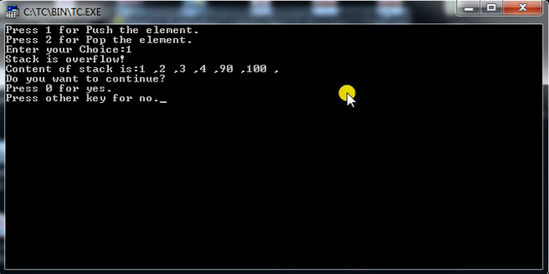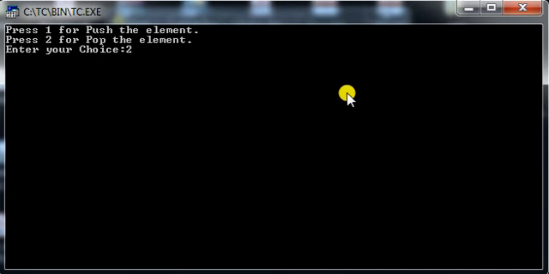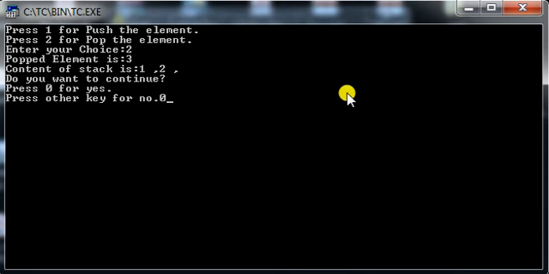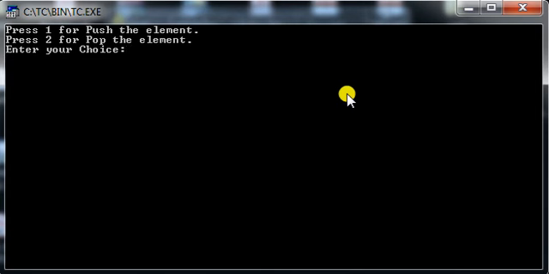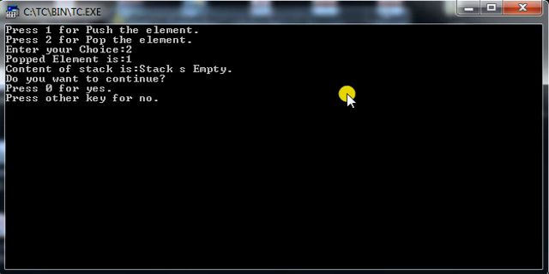Now let us try to check the underflow condition. So 0, 2. So what will it remove? It will remove the recently added element, that is 100. 0, 2, 90 has been removed. 0, 2, 4 has been removed. 0, 2, 3 has been removed. 0, 2, 2 has been removed. 0, 2, 1 has been removed, and now it shows me that the content of stack is empty.